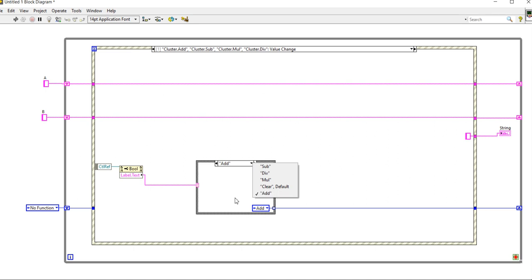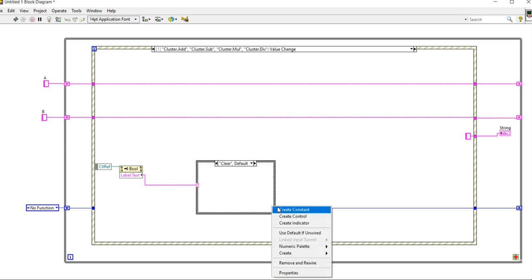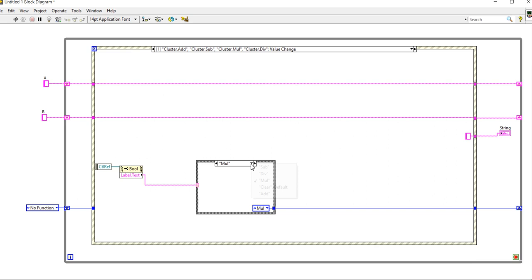Okay, now clear, create constant. So for the subtract, here is the subtract. For the divide, here is the divide. For the multiply, here is the multiply, and for the addition, here is the additions.